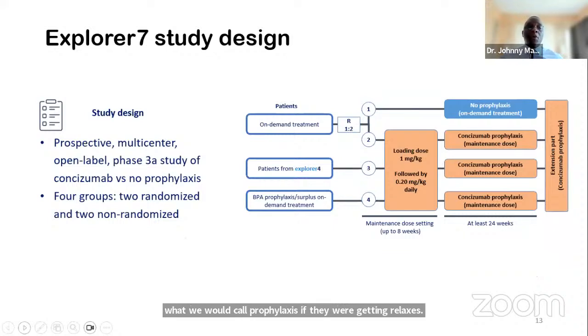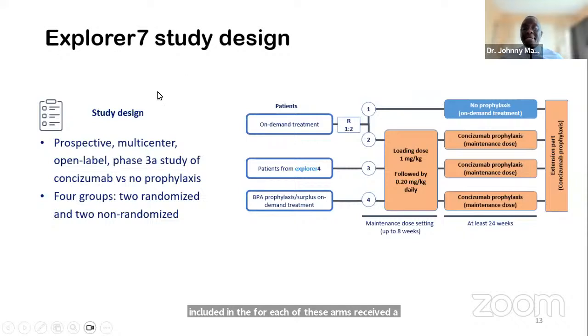This is the study design. It's a prospective multi-center open label phase 3 study comprising 4 groups. The first 2 groups are on-demand treatment patients that were randomized in a 1:2 ratio into arms 1 and 2. And then there are group 3 and group 4. Group 3 are patients who came from Explorer 4, and the inhibitor patients who were receiving bypassing agents were then included in arm 4. Each of these arms received a loading dose, except for arm 1, of concizumab of 1 milligram